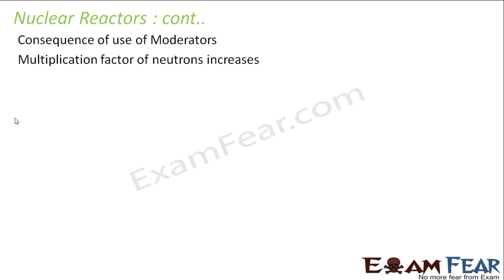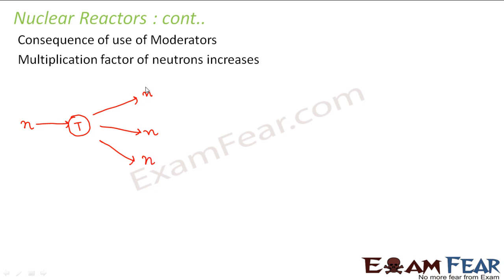So this was your neutron which had hit the target nucleus. Now it will form a daughter nucleus. Right now I am not bothered about the daughter nucleus. Let us suppose it has formed a daughter nucleus and it gives rise to 3 neutrons. Now if these neutrons were extremely energetic, they will escape out. They will not hit the next target. But if I have slowed them using moderators, each of them will now hit some other target nuclei.